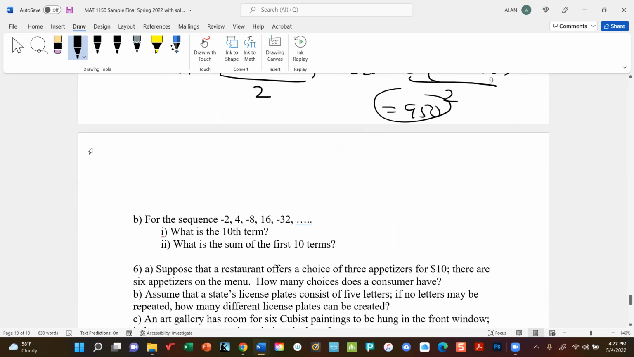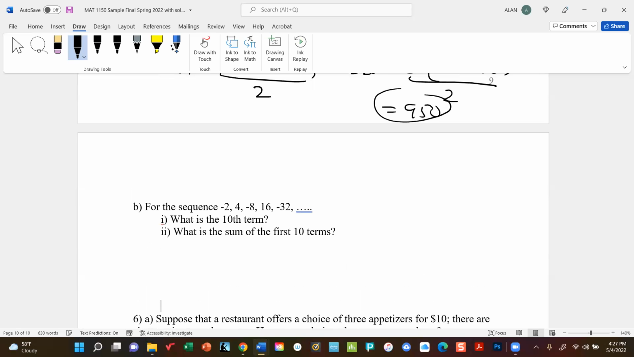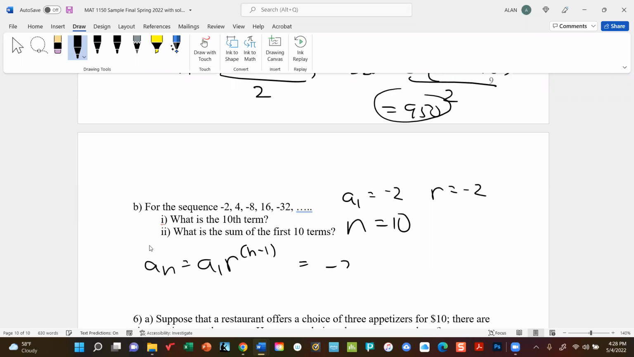What about this next one? Now, this one is different because this is a geometric sequence. How do you know? Because we're not adding a constant to each term, we're multiplying. In fact, specifically, to go from -2 to 4 to -8, et cetera, the first term is -2, but the common ratio is also -2. So the 10th term comes about as a1 r to the n minus 1 power. So we're going to have -2 times -2 to the 9th power, because n is 10,